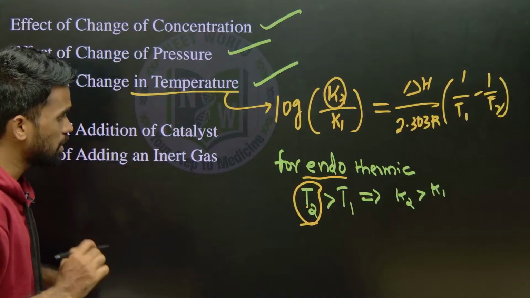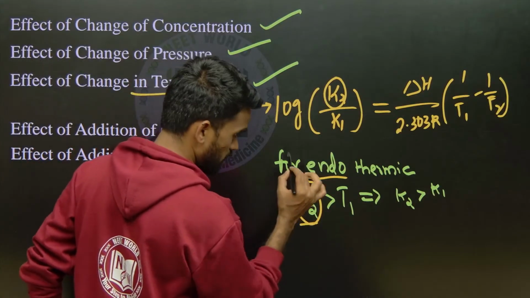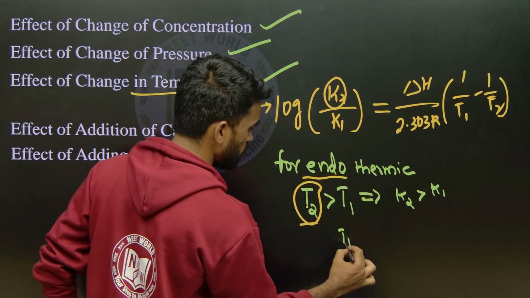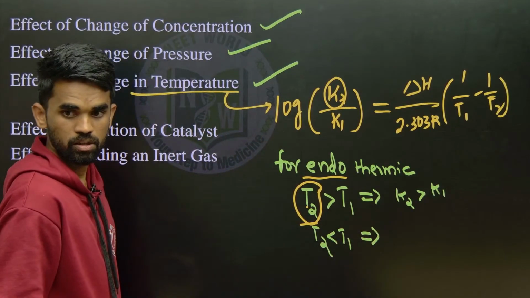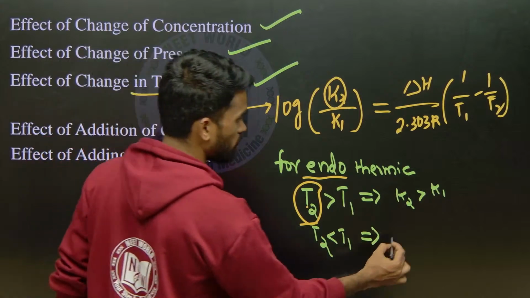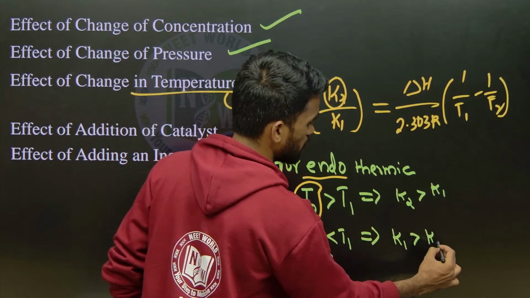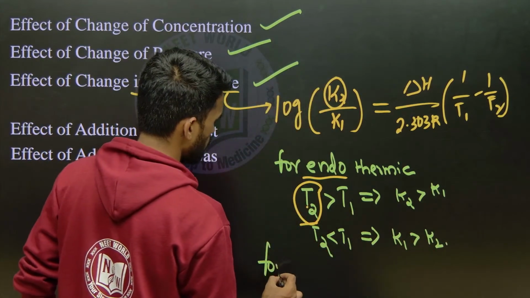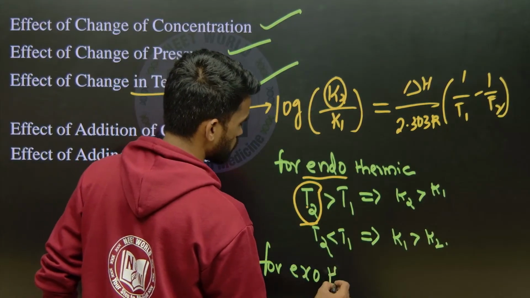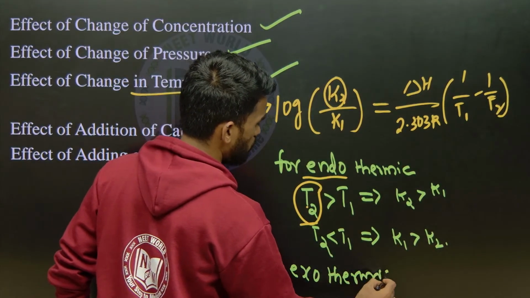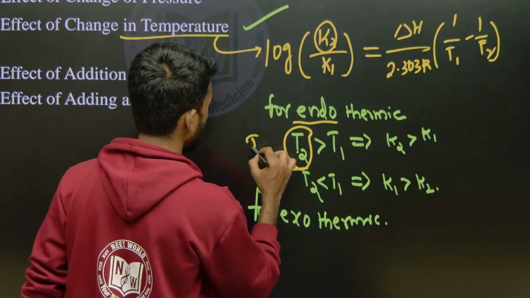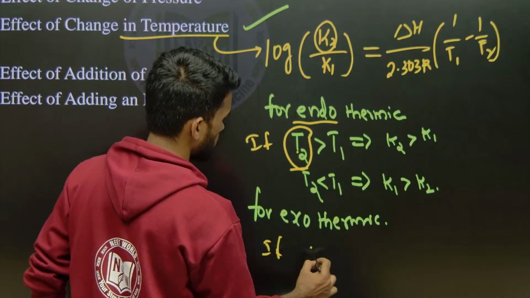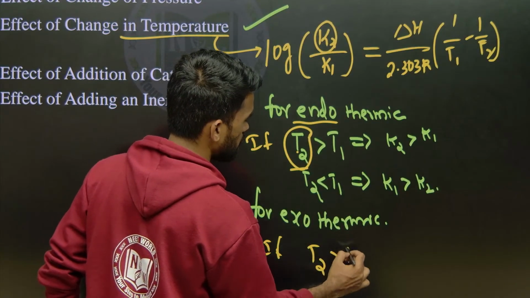Similarly, for an endothermic reaction, if T1 is greater than T2, now tell me, K1 will be greater than K2. So for exothermic, you tell me, opposite means what exactly? For exothermic, if T2 is greater than T1, then